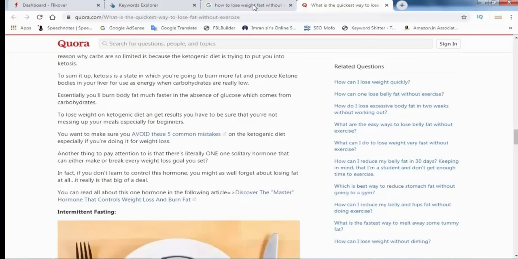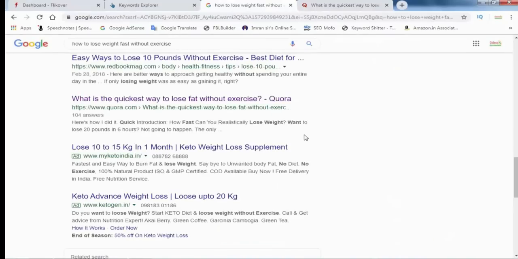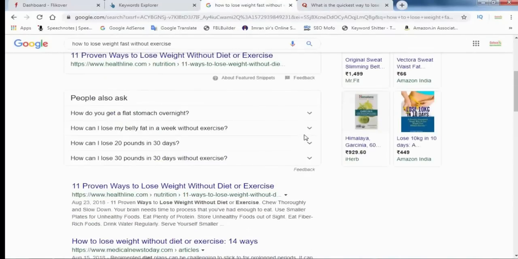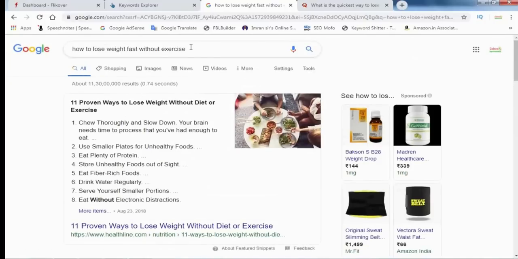Google likes only people who come to your website from a search engine. This is the first traffic, called search engine traffic. If people come to your website from a search engine, that is very good traffic according to Google.